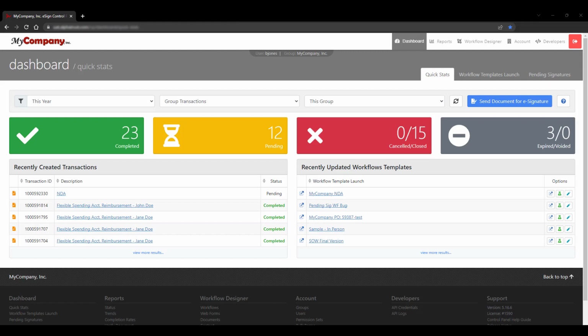I am currently looking at transactions from this year across my group, so any users in this group that are creating transactions will show up in this view. If I change it to my transactions, I will only see transactions that I have created as a user in